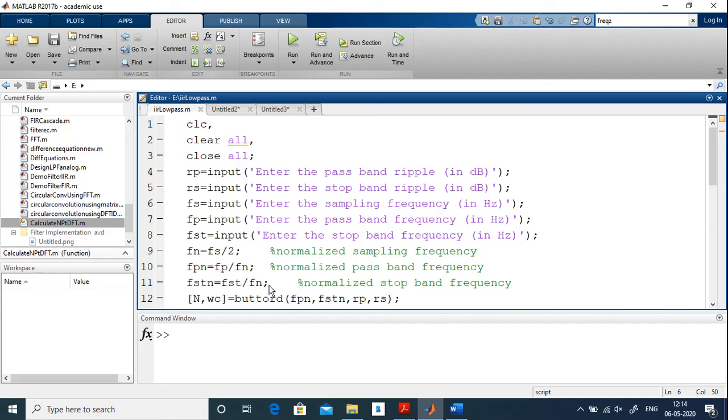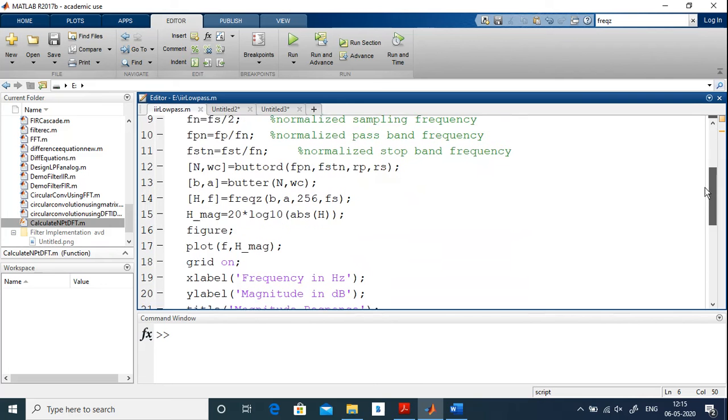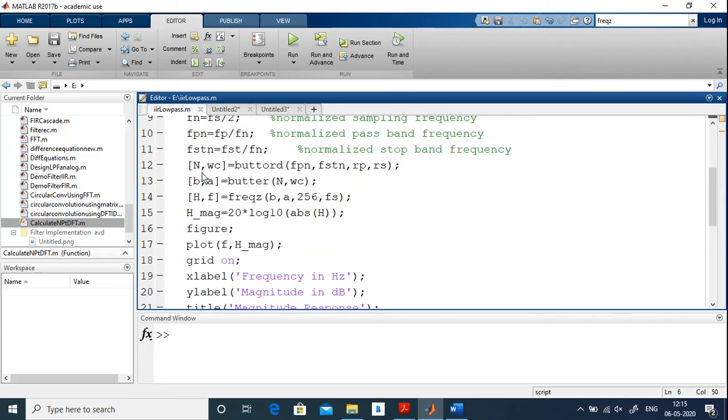What is the first thing in designing a filter? After you note down the specification, we need to find out the order of a filter. Once you know the order of a filter, we can easily find out poles. Once you get the poles, now we can obtain the transfer function corresponding to the normalized filter, and then use a suitable transformation to convert normalized to a desired filter. In other words, denormalize it. Okay, that's the procedure.